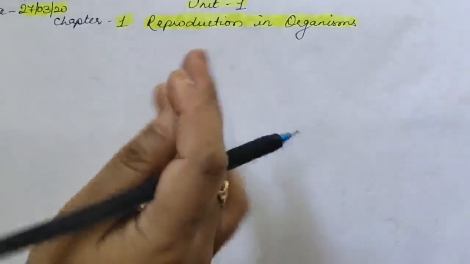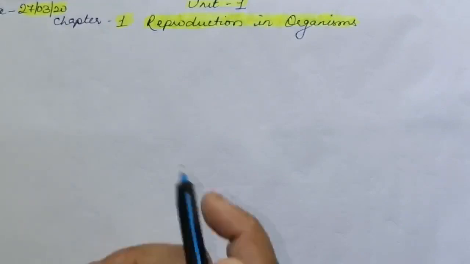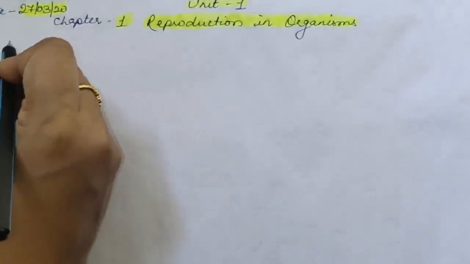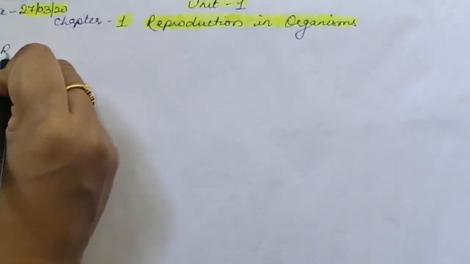Good morning, class. Today we are going to start our first chapter in first unit, that is reproduction in organisms. This whole unit, which deals with reproduction in living organisms, carries 14 marks in your board exam. So let us start. To start with, reproduction